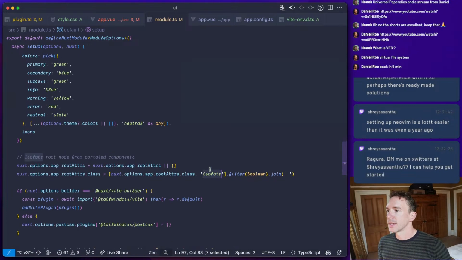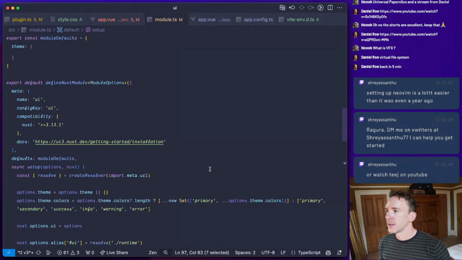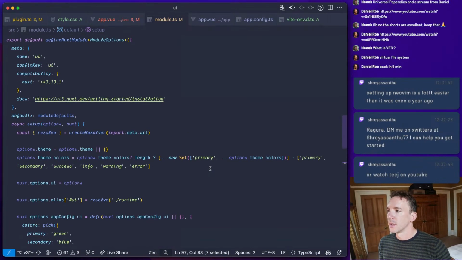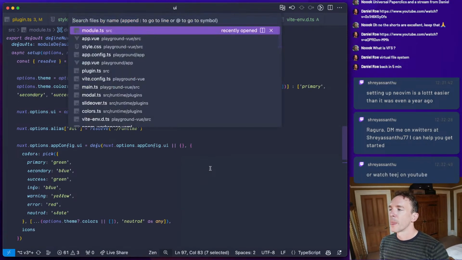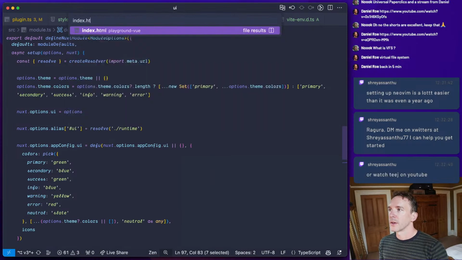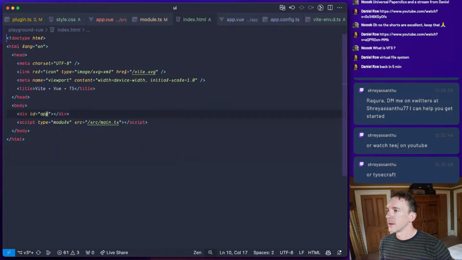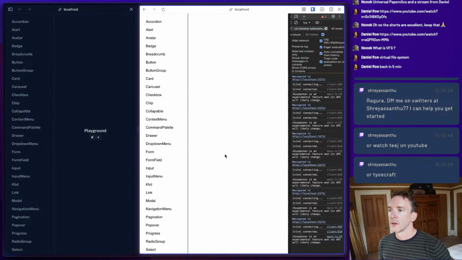So we need isolate, and I think that's it, right? So if I were to go into my index.html and add roots, that would be body class equals isolate. That's good.